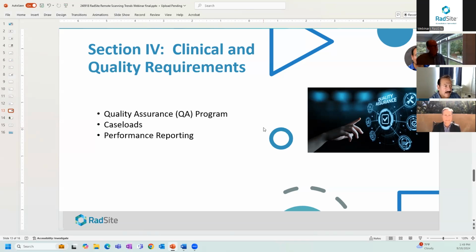Are there any changes that are documented with regard to scanning time? Are programs able to have more sophisticated types of studies and scans done, such as cardiac imaging, for example, when they're doing remote scanning? What are the perceived